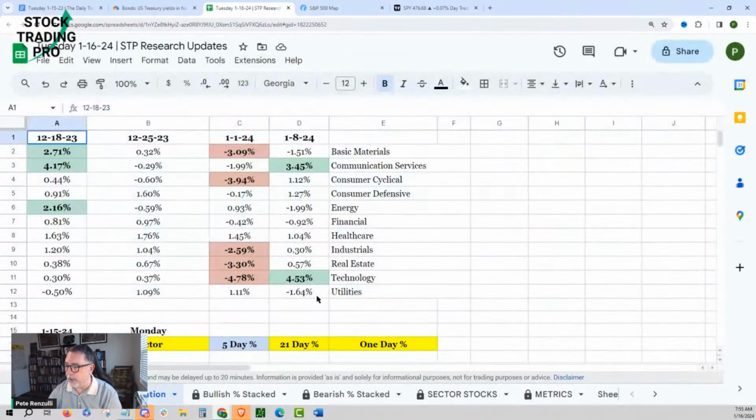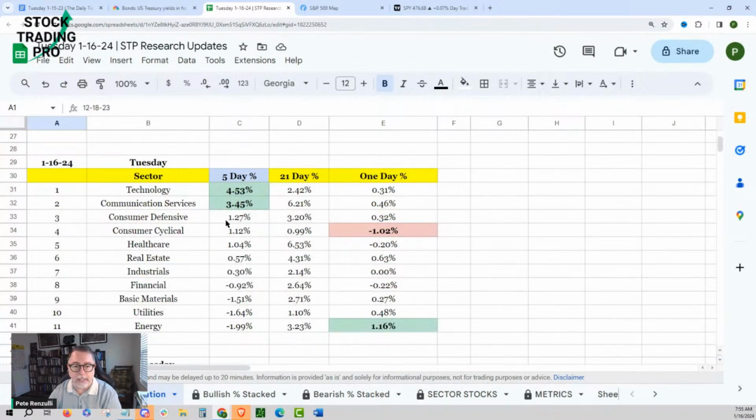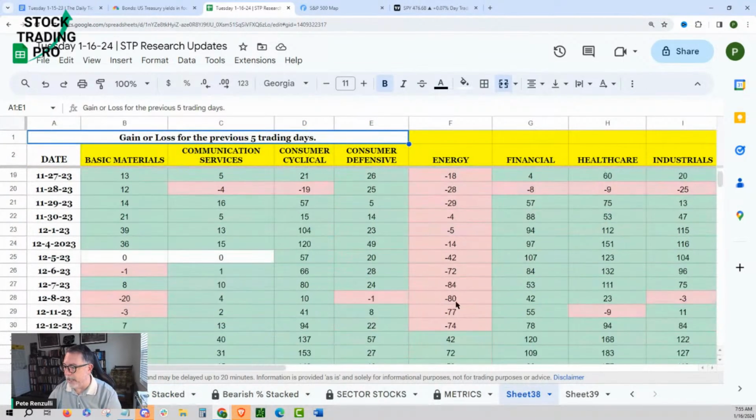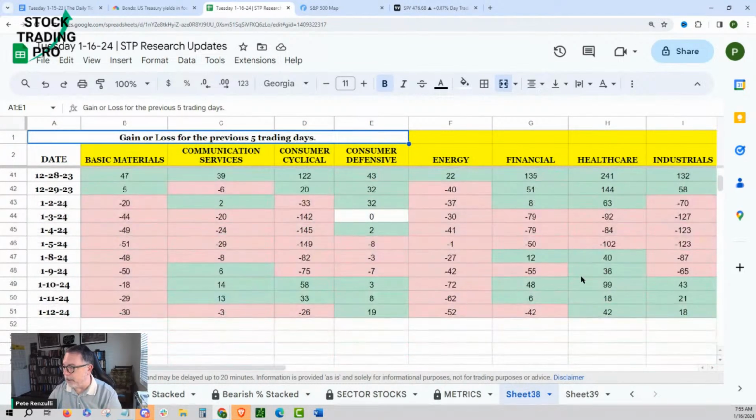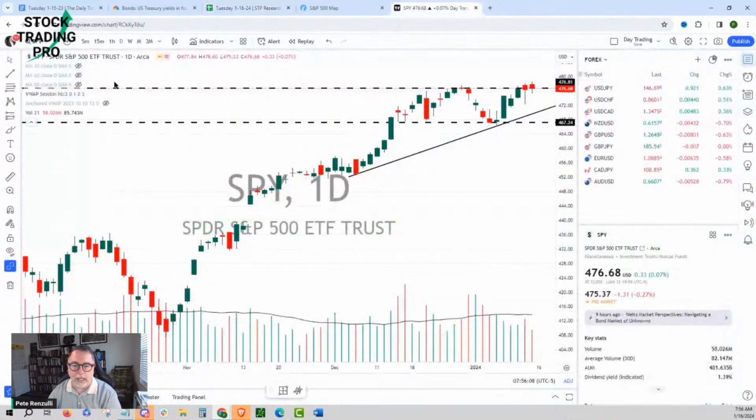When I do the research at the end of the week for everybody, and at the end of every day, we start to pay attention to where the stacked order flow is and how long it has been happening. You can see here in healthcare, it's still looking pretty good. Energy is a little more on the bearish side, but when we break it down a little more by percentages of stocks: healthcare, consumer defensive, and to a lesser degree, technology.